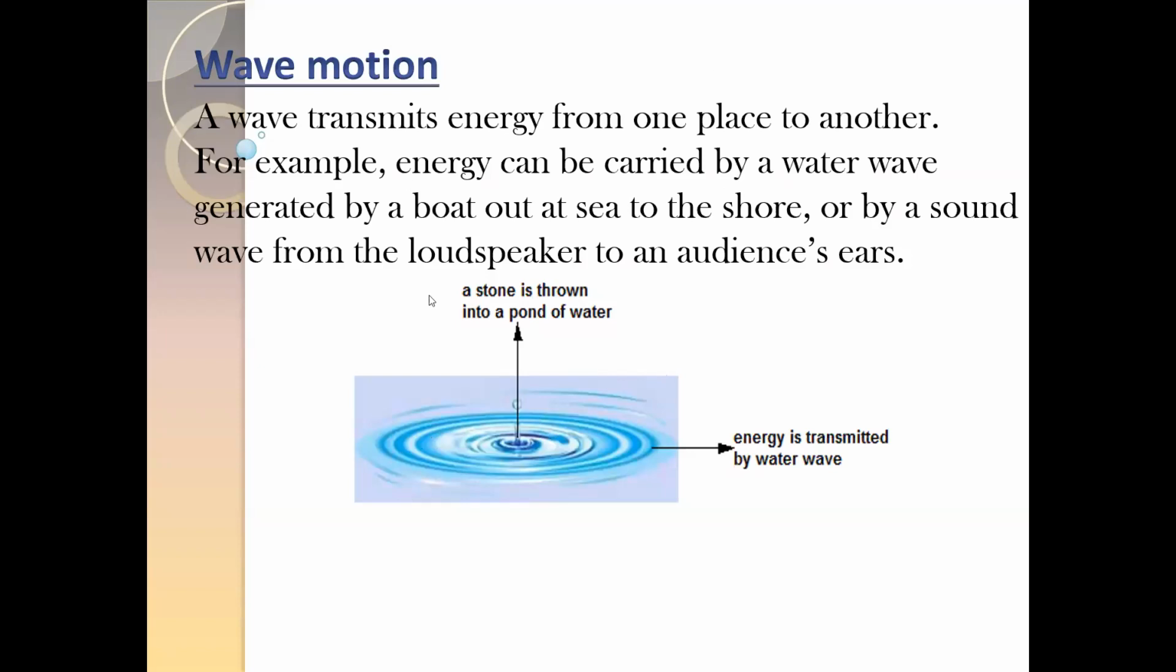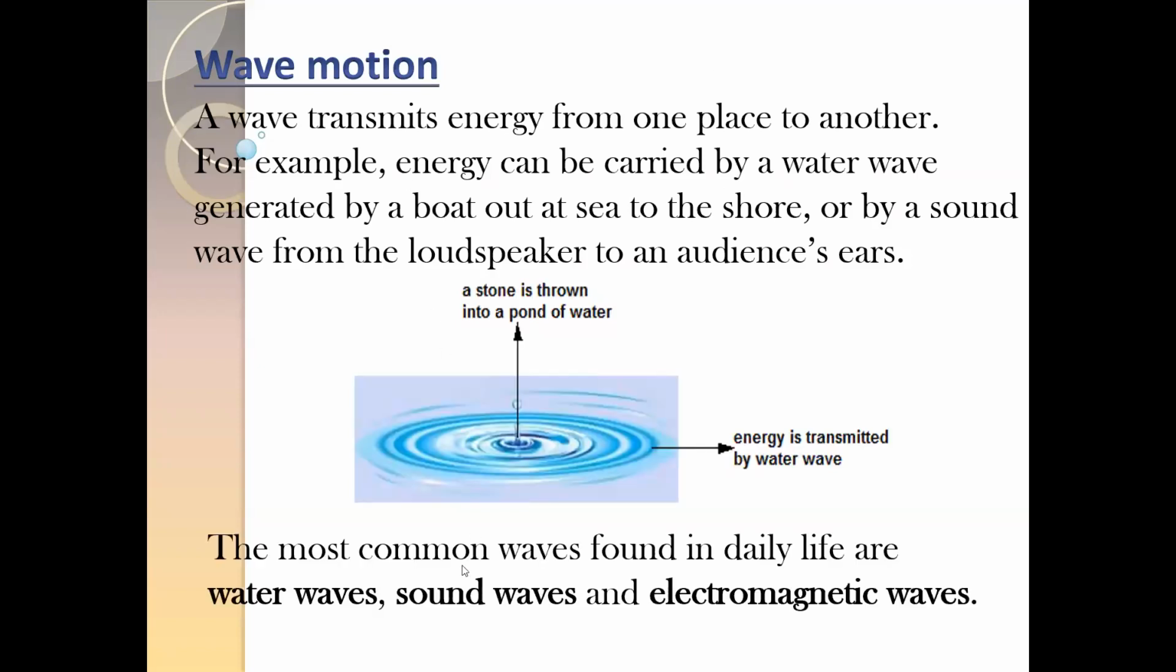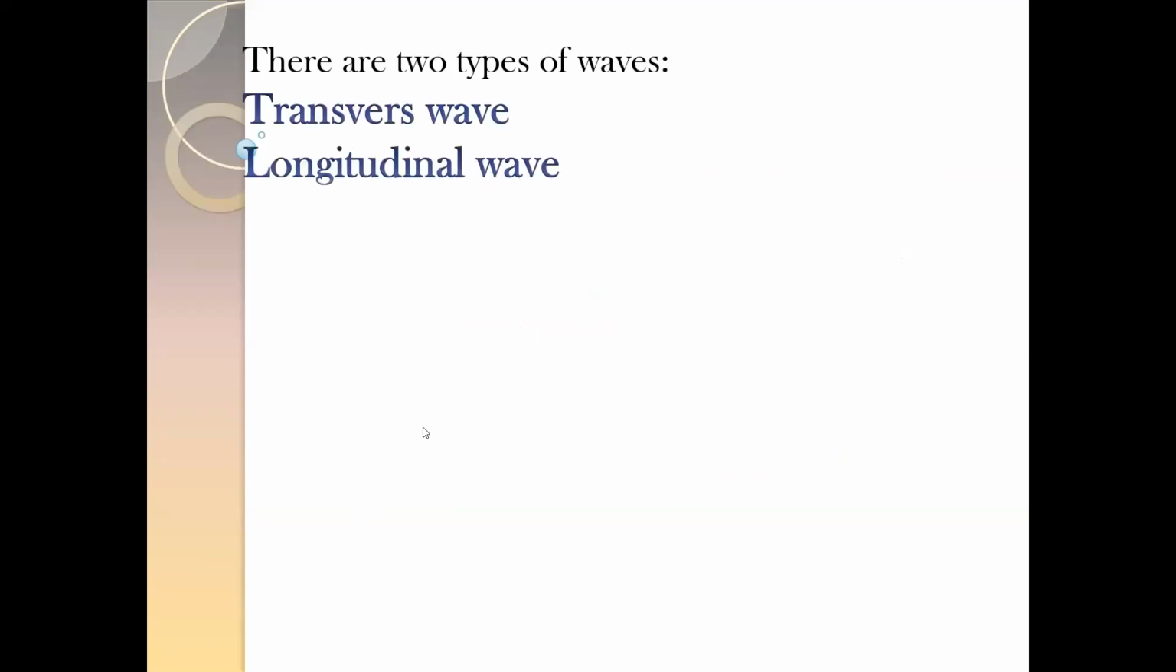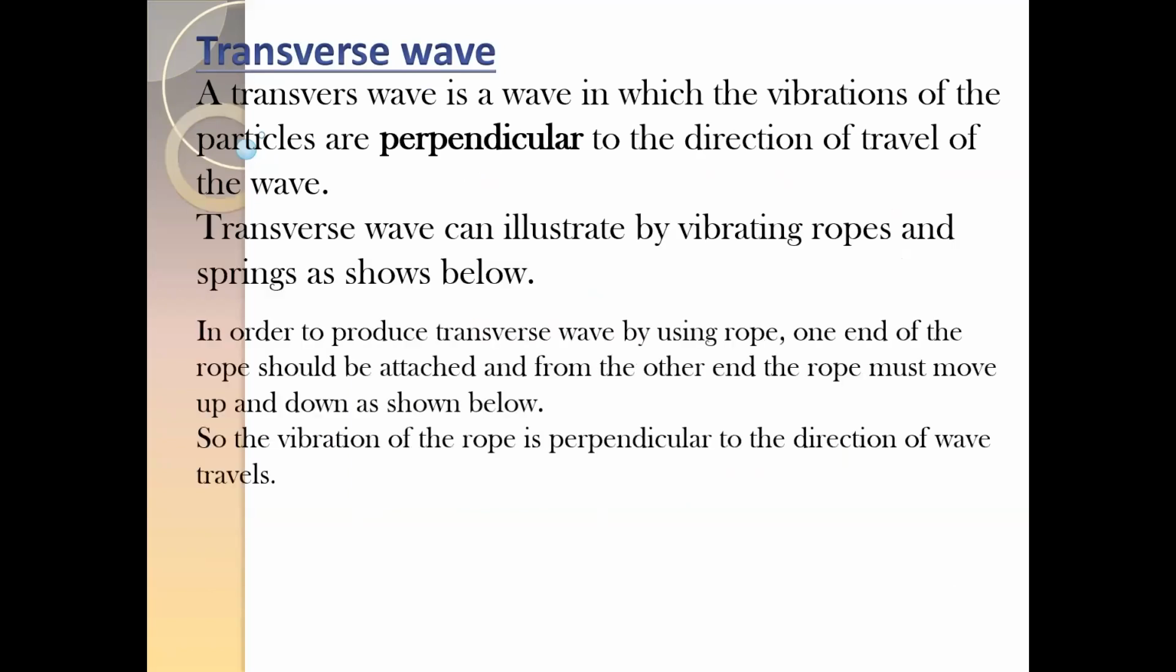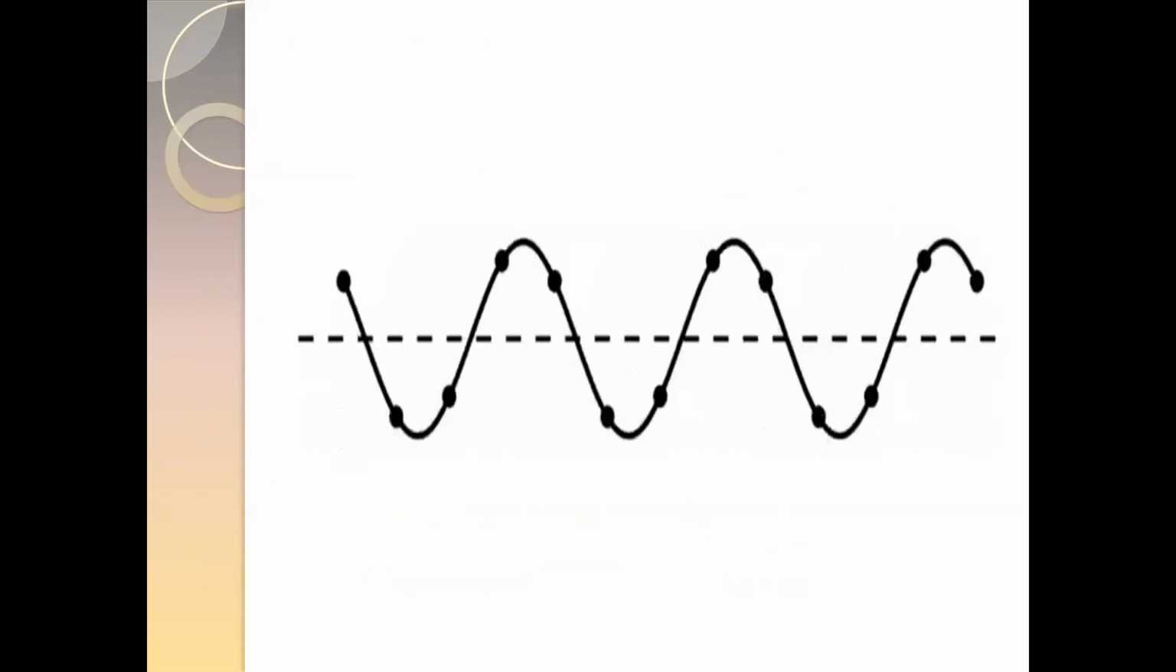So there are two main types of waves. One is longitudinal, another one is transverse. The transverse wave: a wave in which the particles vibrate perpendicular to the direction of the wave, we call that a transverse wave. For example, as you can see in this picture,